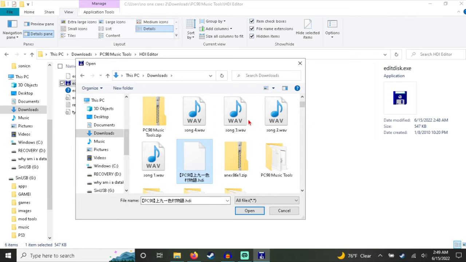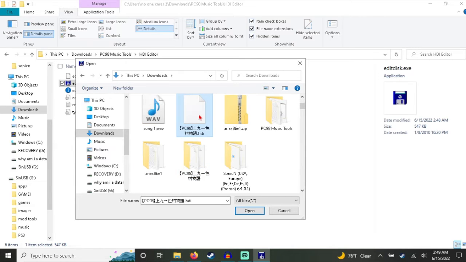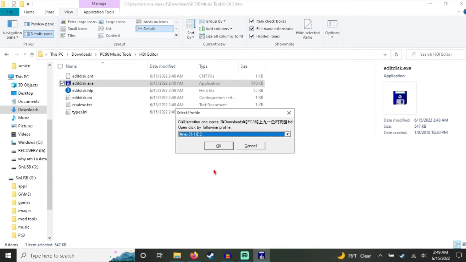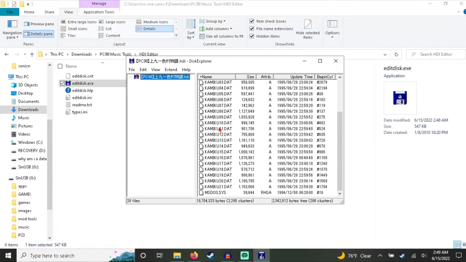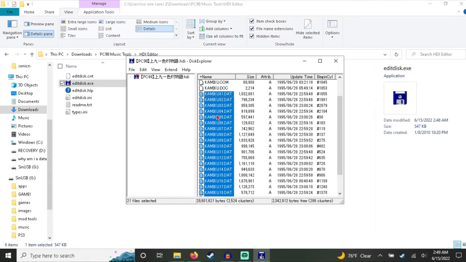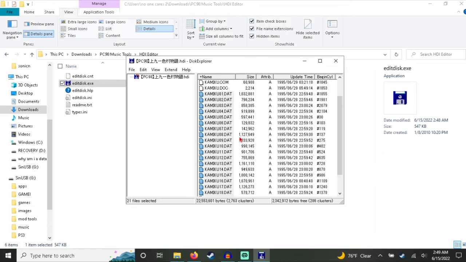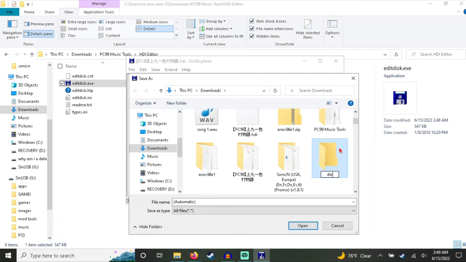As you see, I was in the middle of extracting music. But yeah, you want to open that. Just click OK. And you'll see this. A bunch of DAT files and other things. The DAT files are what you're after. So, select all those. Click extract or delete later.